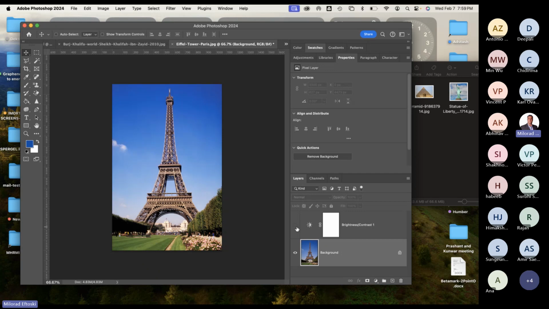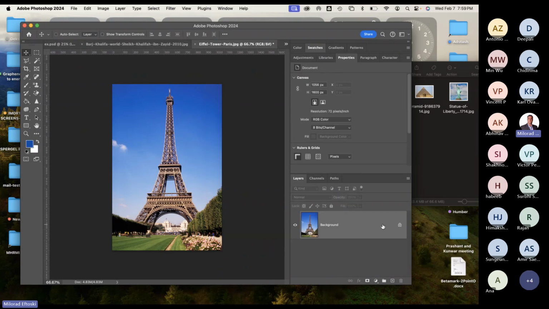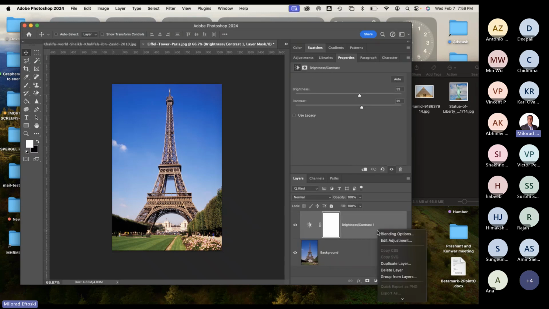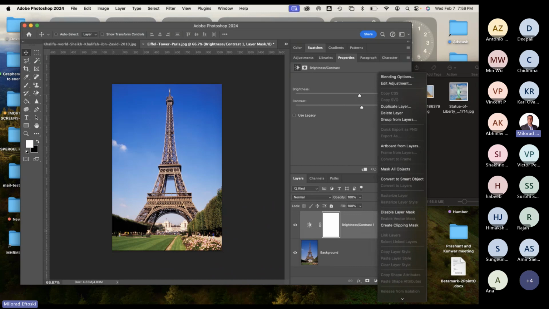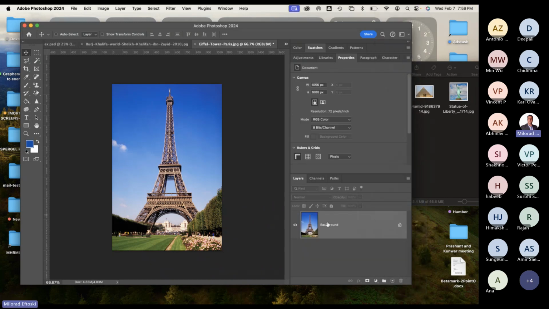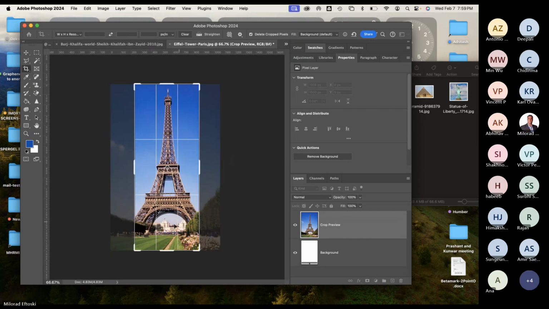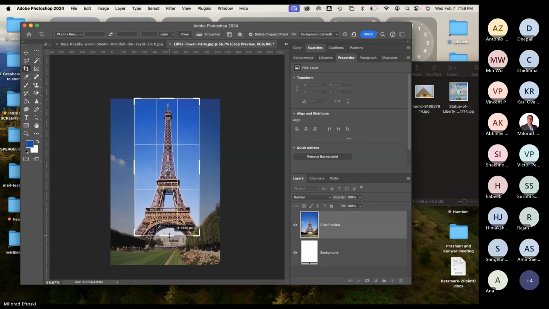Okay, before and after. We're going to do some of these things later with a more targeted approach. For now, I'm just going to hit Command E. I'll just merge it down so it becomes part of the image. Watch this again. Right click, merge down. Merge down means make it so, basically, that I can extract it, copy and paste it, right? Same thing with the crop tool here. I'm just going to crop it quickly this way and that way,